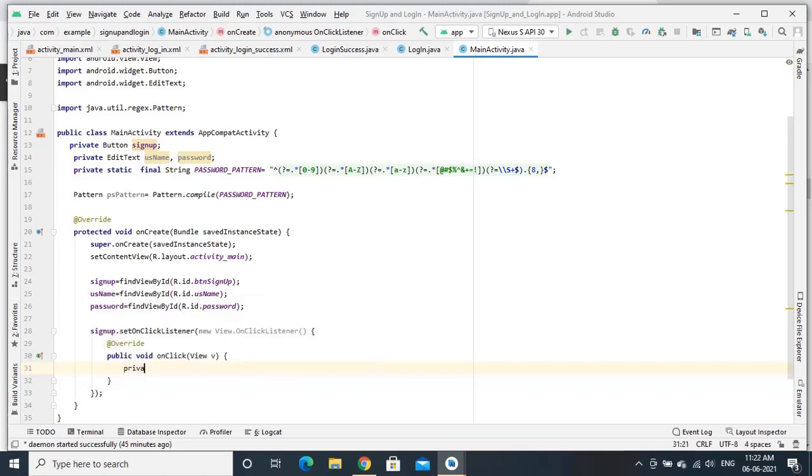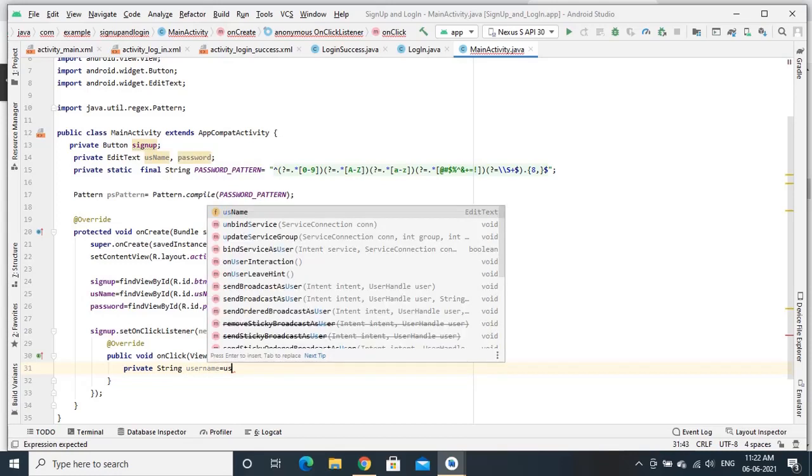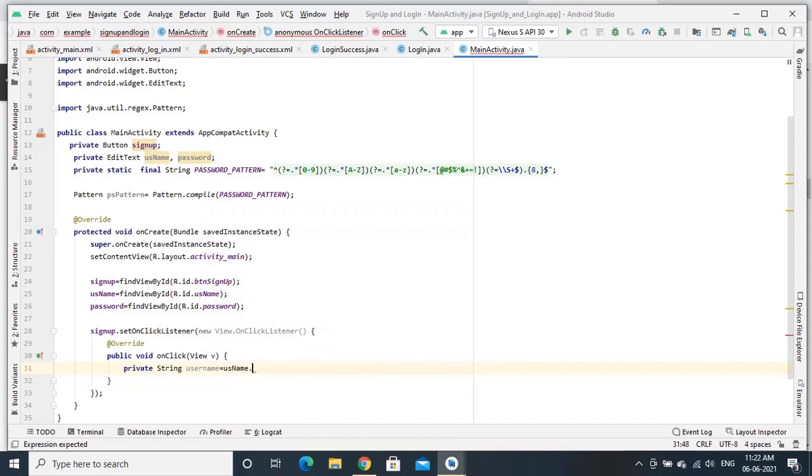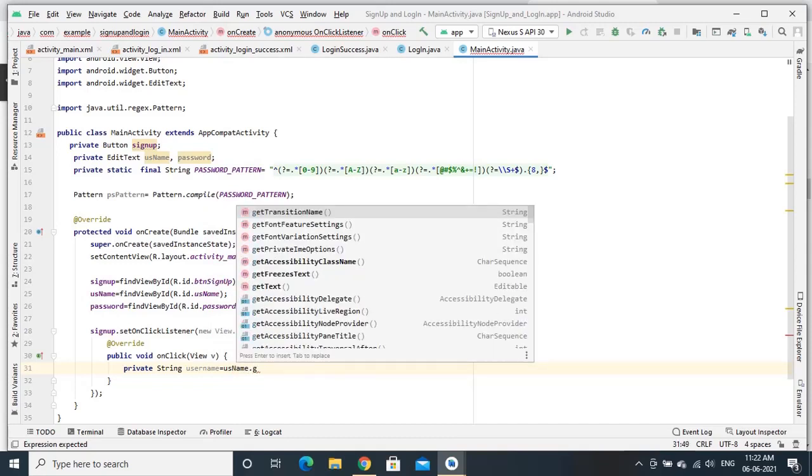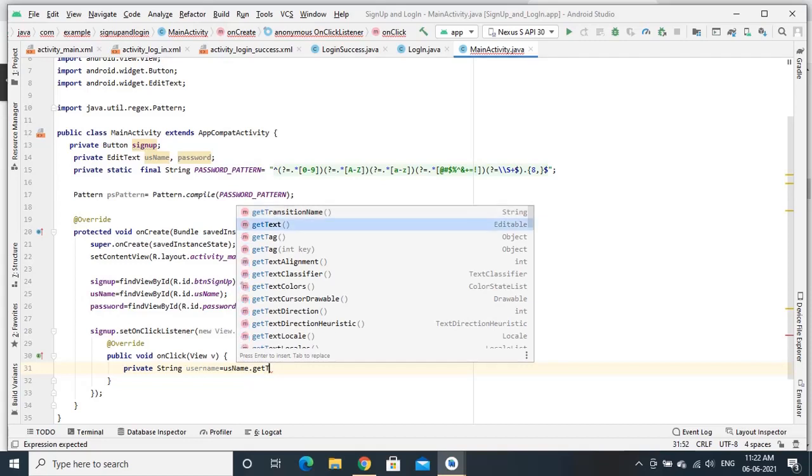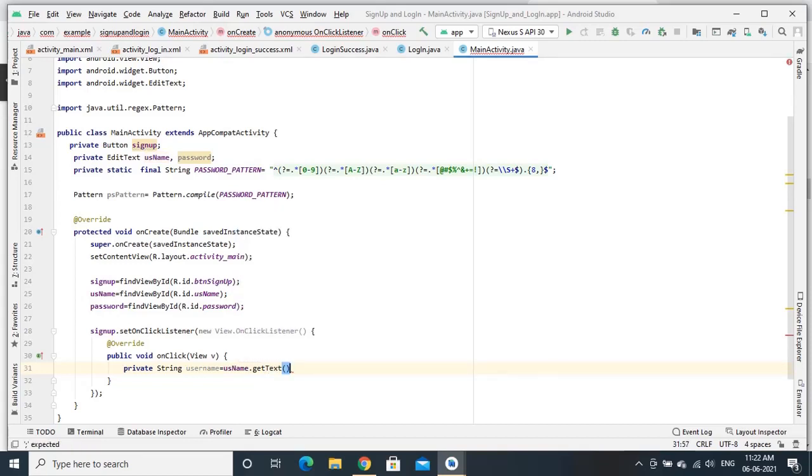So string, say username is equal to uname dot get text. So this will get the text from the uname edit text and convert into toString.